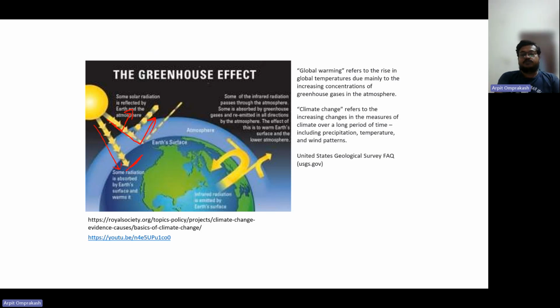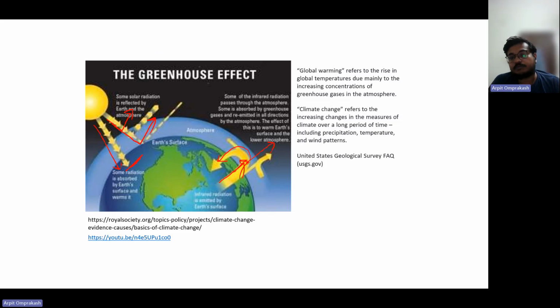Now, at night, what happens when there's no sun? What happens is infrared radiation from the Earth tries to go out. Some of it goes out of the atmosphere, some of it comes back, right? Some of it is absorbed by the greenhouse gases that are present in the atmosphere and then re-emitted again, right? This leads to warming of the Earth's atmosphere and warming of the Earth's surface even at night. Right? So increasing amounts of warming. So this is the greenhouse effect.